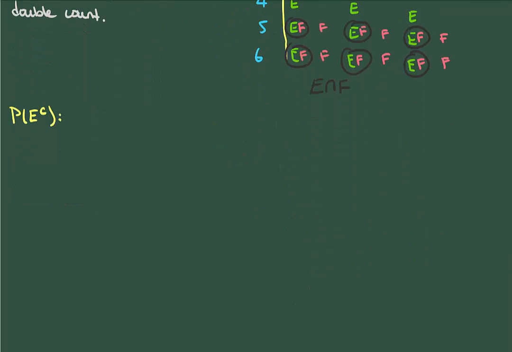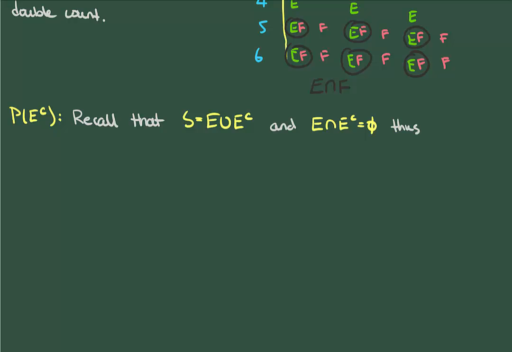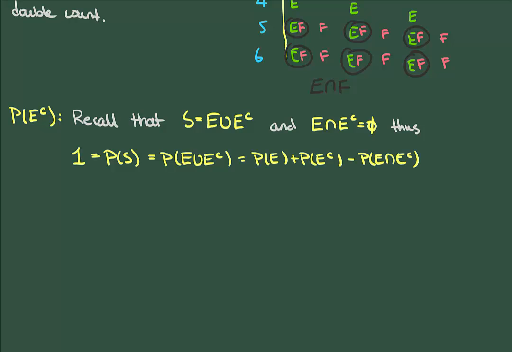Okay, finally, let's compute the probability of the complement. Now to do this, we're going to need to recall a few facts, namely that E and its complement give us the entire space, and that E and its complement are mutually exclusive. Now the probability of S, that anything happens, is equal to 1. And if we write S as the union of E and E complement and apply our formula for the probability of the union, then we get this,